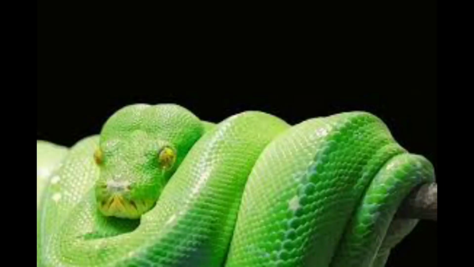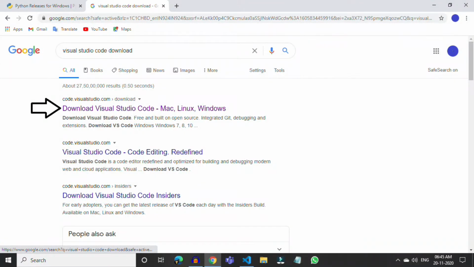Today in this video we are going to be discussing the Python programming language. Firstly, I'm going to tell you about the IDE. In this video, the IDE which I'm going to use is Visual Studio Code. Like Visual Studio Code, there are other IDEs also, like Spyder and others. You can search about them and choose what you like. But throughout the video, I'm going to use this IDE. I prefer this IDE over other IDEs for various reasons.